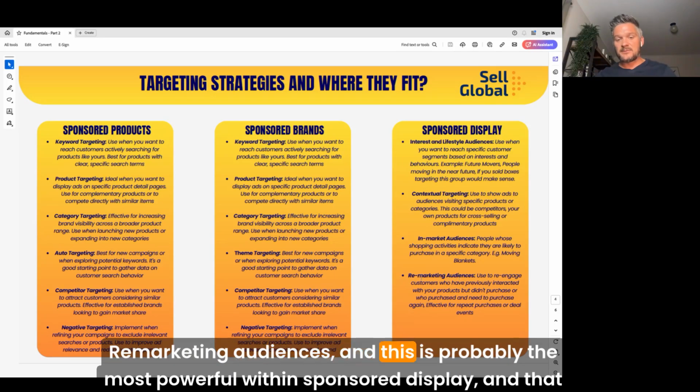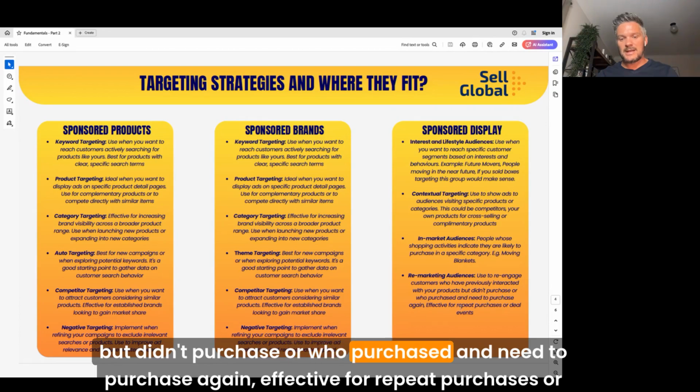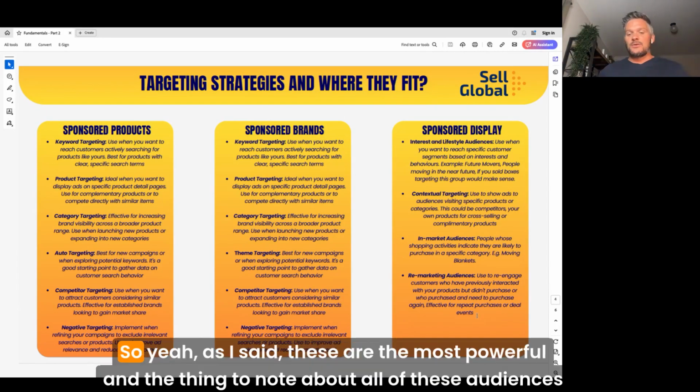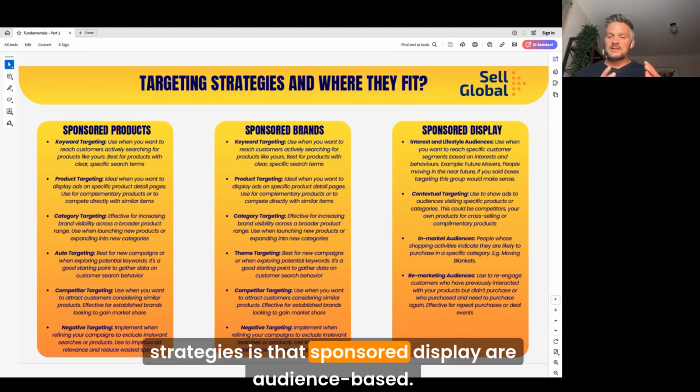Remarketing audiences, and this is probably the most powerful within sponsored display, is that you use this to re-engage customers who have previously interacted with your products but didn't purchase, or who purchased and need to purchase again, effective for repeat purchases or deal events. So yeah, as I said, these are the most powerful, and the thing to note about all of these audiences is the difference between these and your sponsored brand and your sponsored products targeting strategies is that sponsored display are